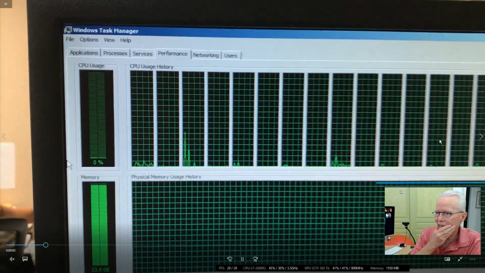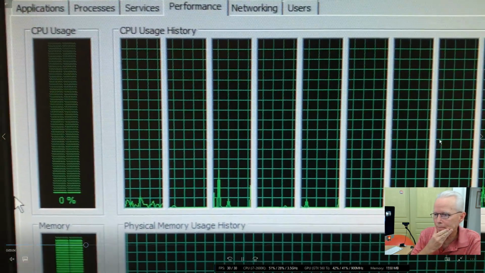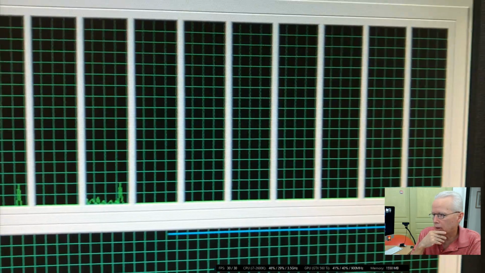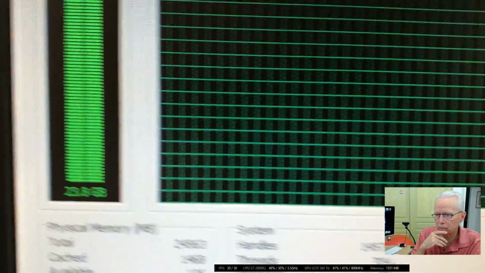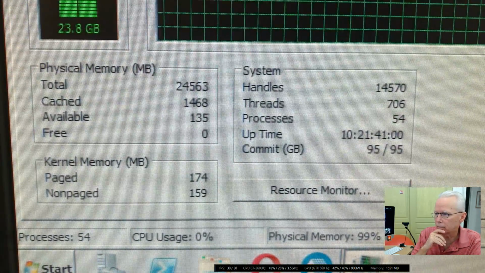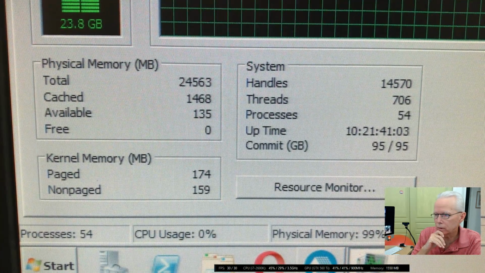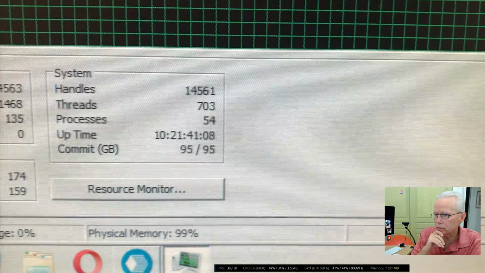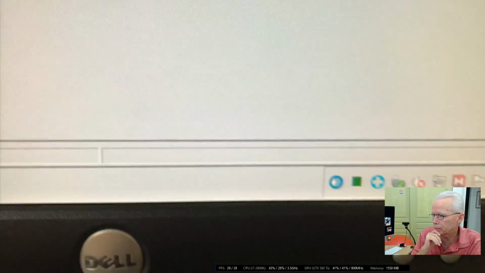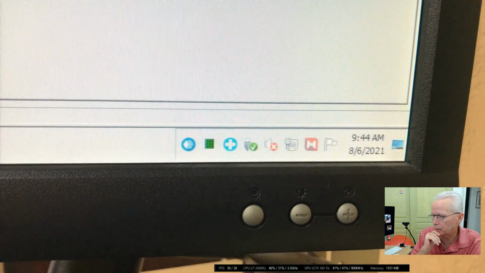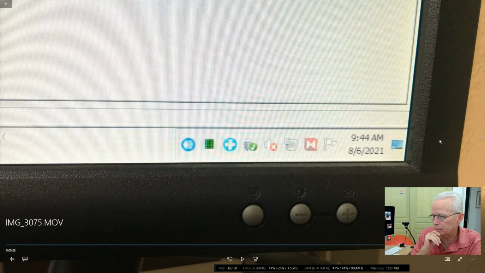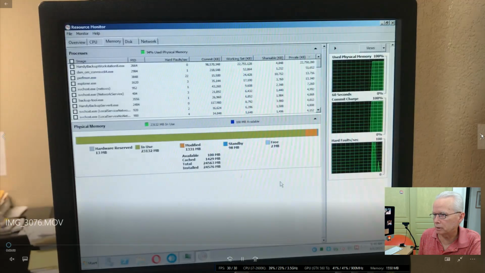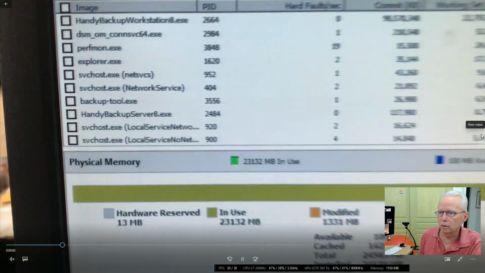And then here's the Task Manager Performance tab, showing the CPU cores. Nothing of interest there. But then when we look at the memory utilization, let's see, I thought I was going to go straight to the, where am I going here? Oh, there's our time. And I guess I was just showing there's nothing else there. I think this video I could have probably deleted. I think this next one shows a little better.